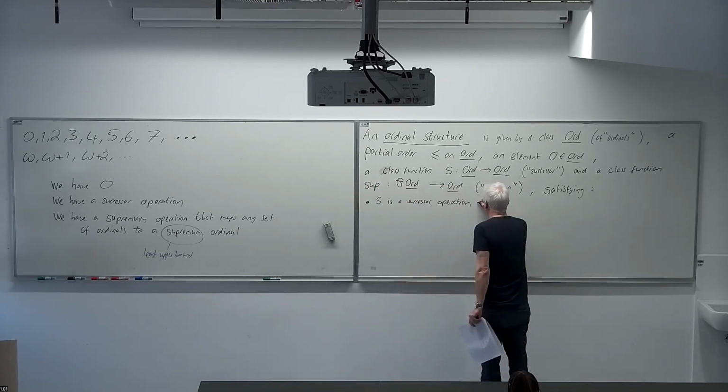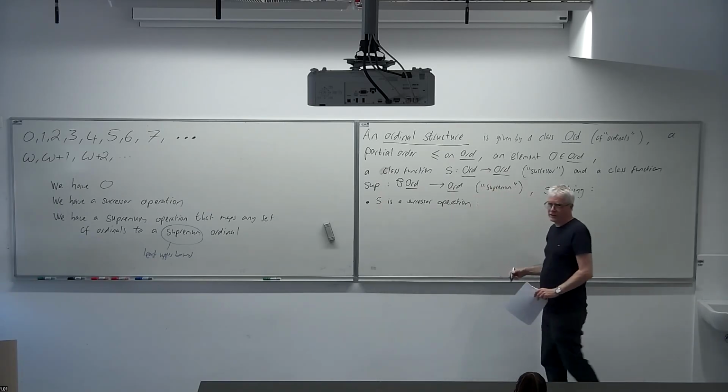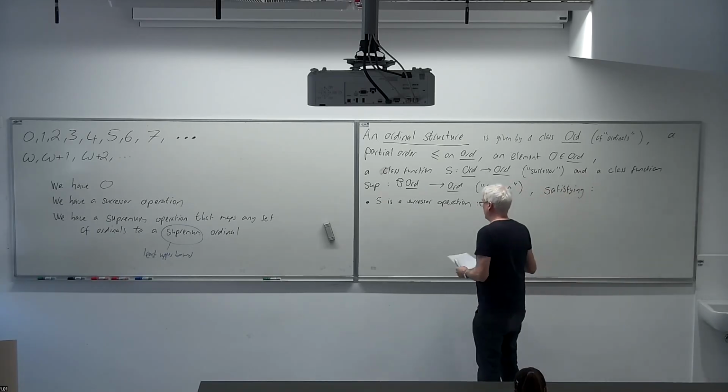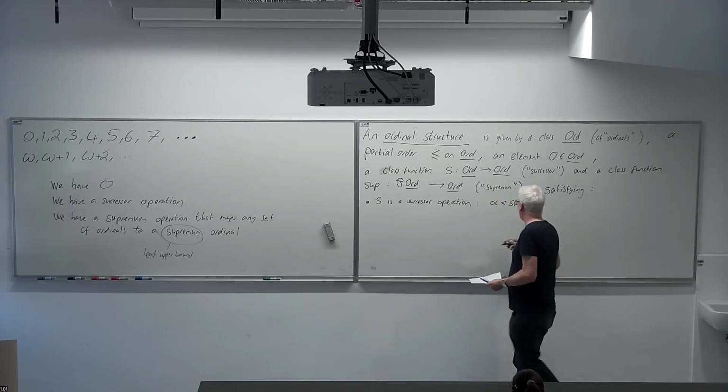What this means is for any ordinal alpha, one typically uses Greek letters from early in the alphabet to range over ordinals, so for any ordinal alpha, we have that alpha is strictly less than the successor of alpha,